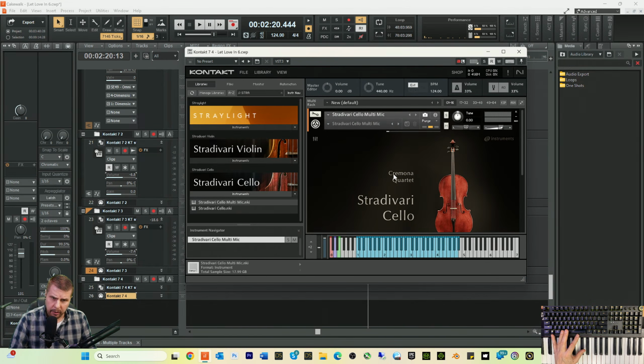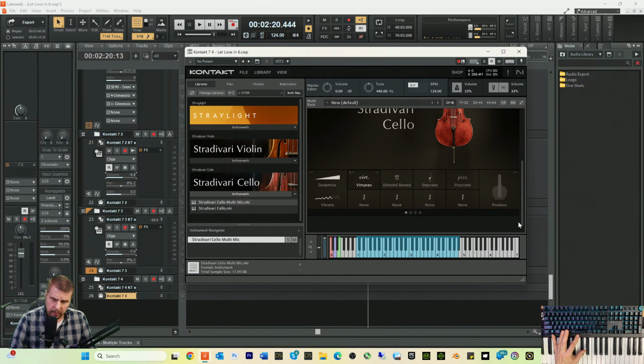Okay, now we have to wait till it loads. It's taking its time. See this loading here? It will let me move it around, but it's not loaded. Right click here and remove the automation. Otherwise my hotkeys in Cakewalk, my play and rewind hotkeys, will turn down the dynamics and